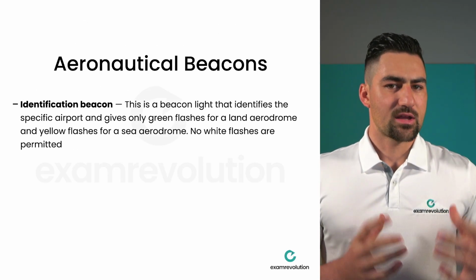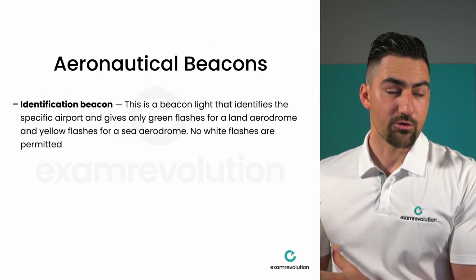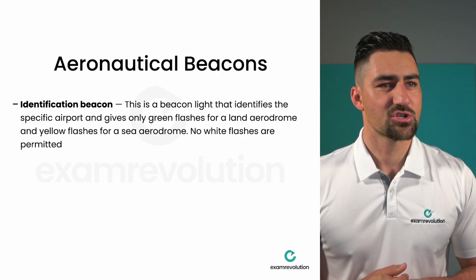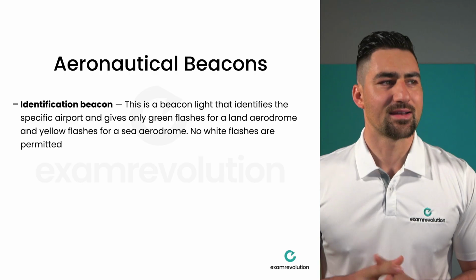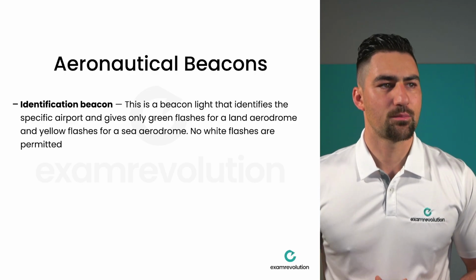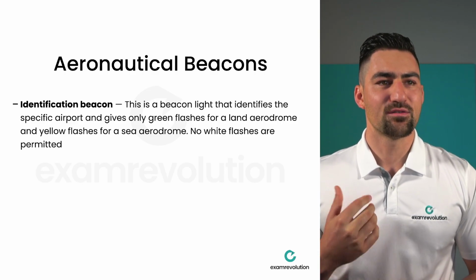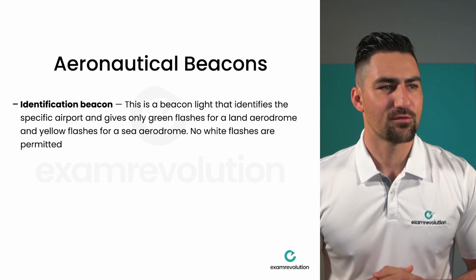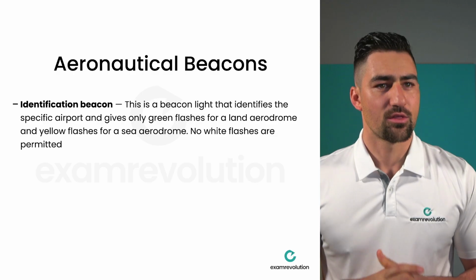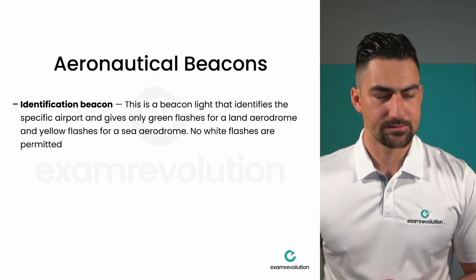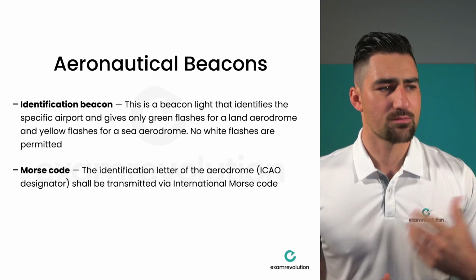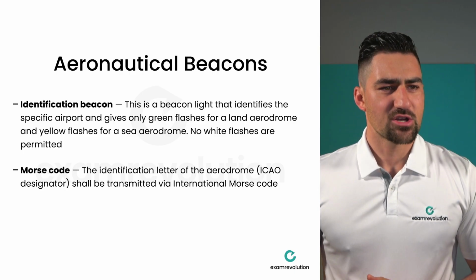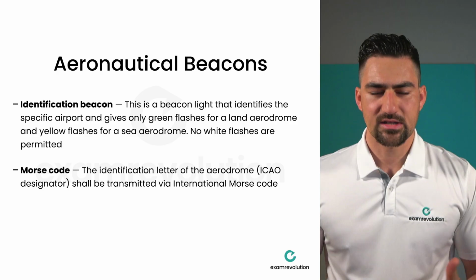Then the identification beacon is slightly different to the aerodrome beacon. So the identification, this is a beacon light that identifies the specific airport, and it gives only green flashes for a land aerodrome and yellow flashes for a sea aerodrome. There are no white flashes permitted. And then also there's a Morse code. So the identification letter of the aerodrome, the ICAO designator,